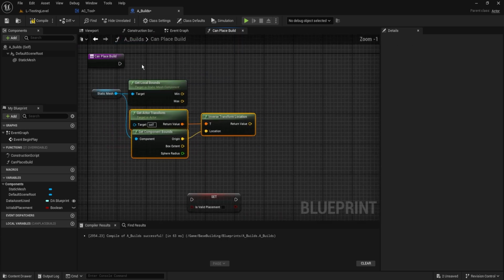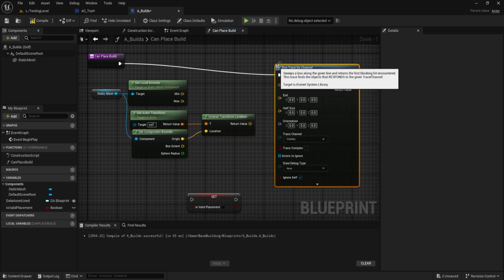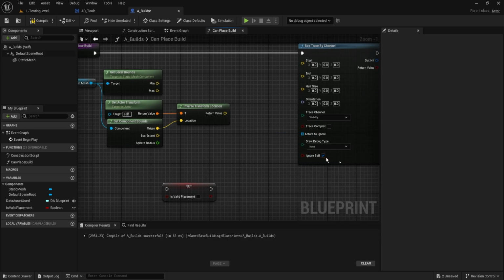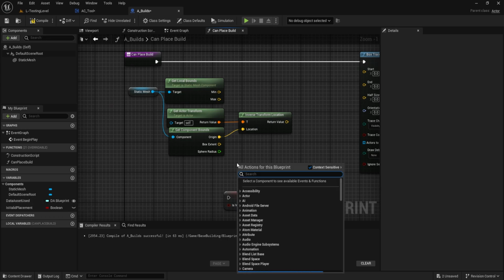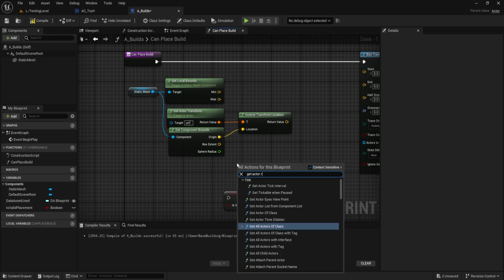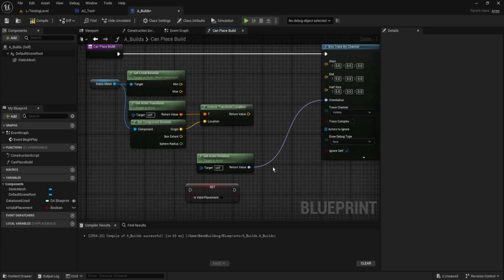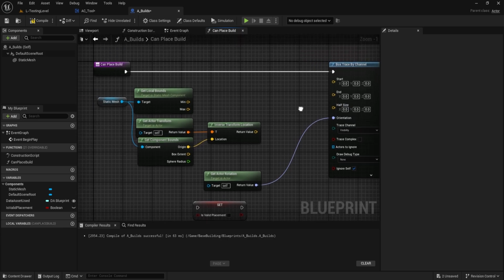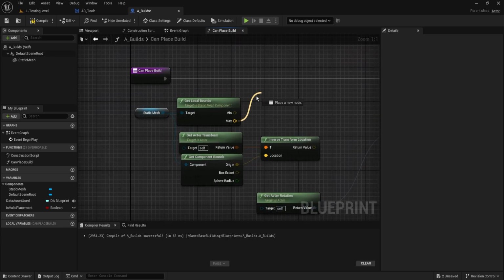Let's just pull up our box trace by channel so we can start connecting stuff up. Here, we don't need to call our actors to ignore because we're ignoring self. It's just fine. We're also going to get a reference to our rotation here. So get actor rotation, because our orientation is exactly the rotation we're using here. And this value is going to be the half size. Now the half size is the max right here